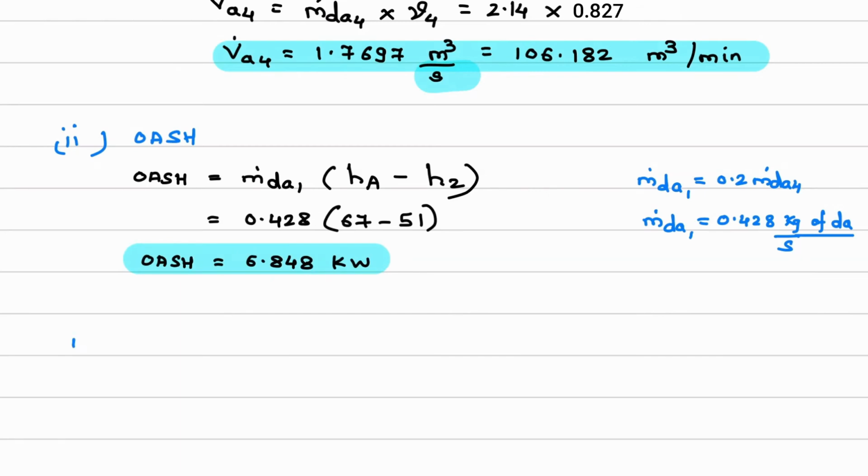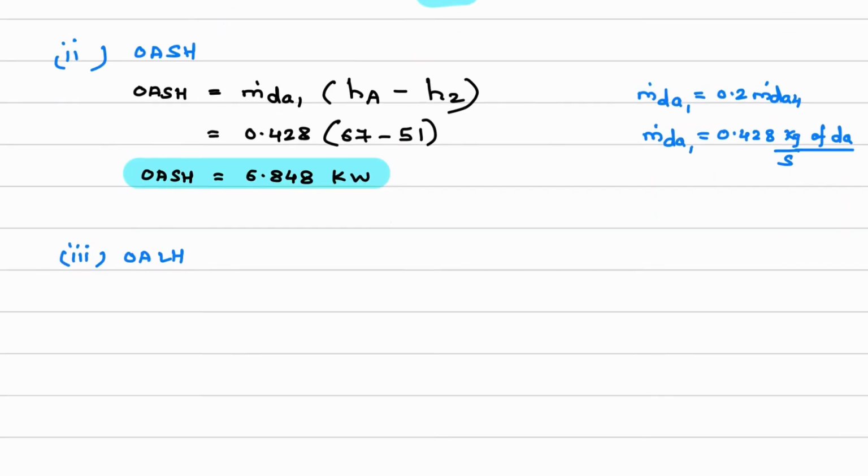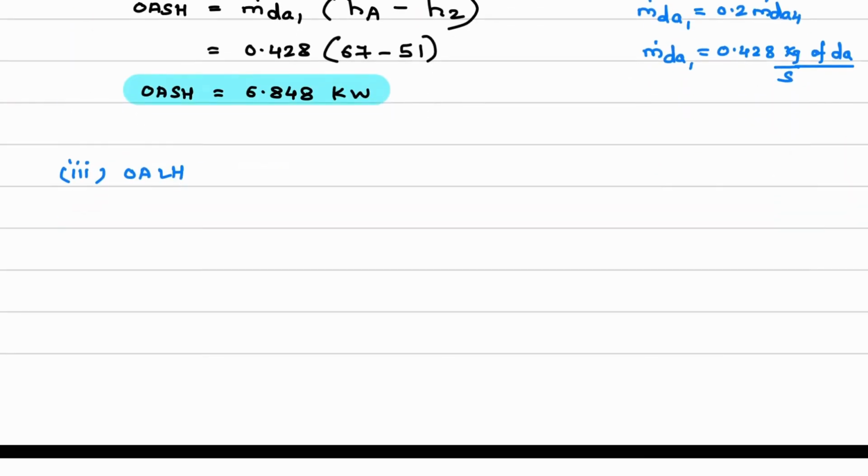Next question is outside air latent heat, OALH. Okay, so what will be the equation of that? Now understand this. This is line 1 to 2. Here we have mixing, in between we have point 3. Okay, so we have drawn horizontal from point 2, vertical from point 1. Wherever they intersect, we have denoted that as point A.